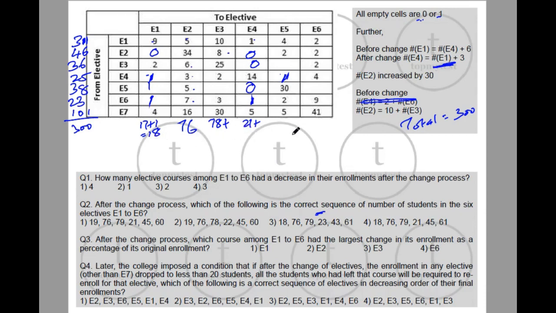Let's eliminate the options. I can use the options to get the rest of the answers. So you have 18 should be the first one. So this is out, this is out. 76, this is fine. 78 plus, both of them are 79. So this number should be 79. This number should be 21. So this cannot be an answer. This should be the answer. So this should be 79, this should be 45 and this should be 61.